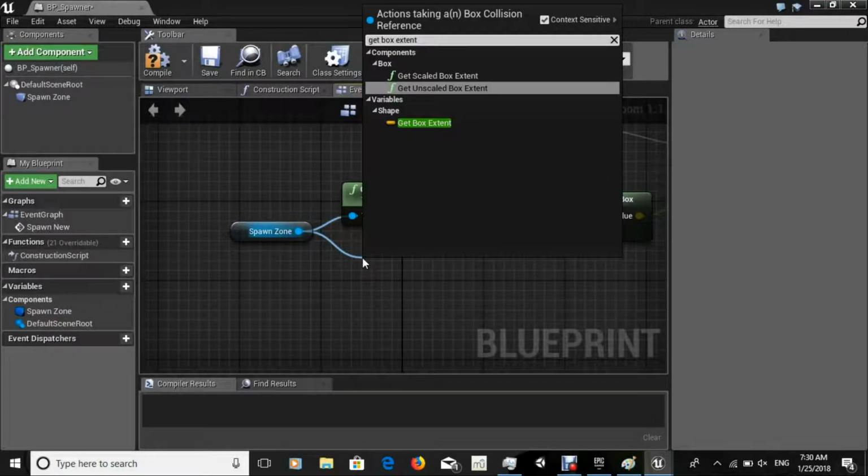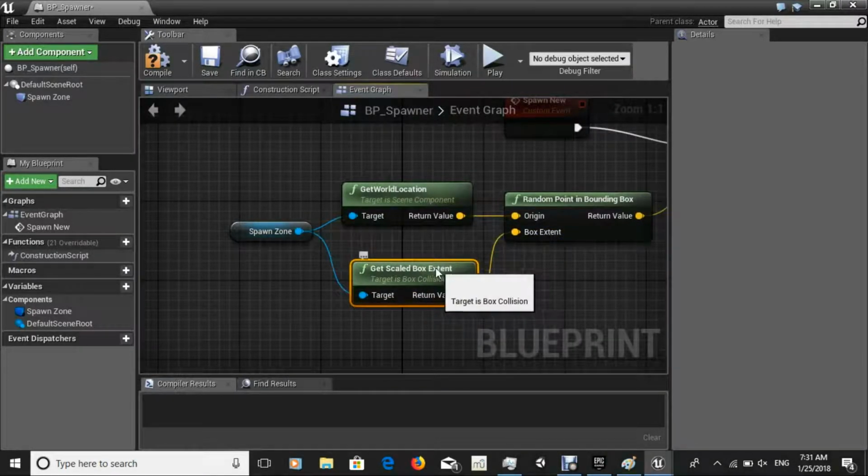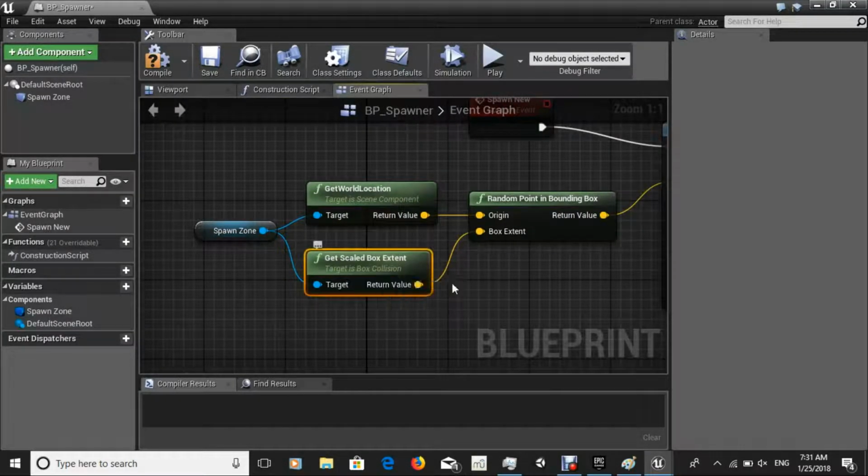and you'll see three options: get box extent, get scaled box extent, and get unscaled box extent. We're going to use get scaled box extent, and you connect that into box extent. Make sure you're using scaled box extent, not unscaled box extent, and not just box extent. The reason why,